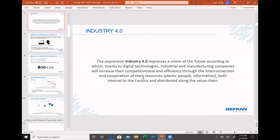I believe it's the future of automated manufacturing, and a lot of products from companies like Gefran will be geared toward connectivity. Even some of our panel mount DIN size controllers are now, not only do they feature Modbus RTU, but we have a quarter DIN size now that has an Ethernet port and can be a TCP slave. We just have a craving to pass tremendous amounts of data in our process world now up the chain into controlling and data collecting in the SCADA system. So with that in mind,